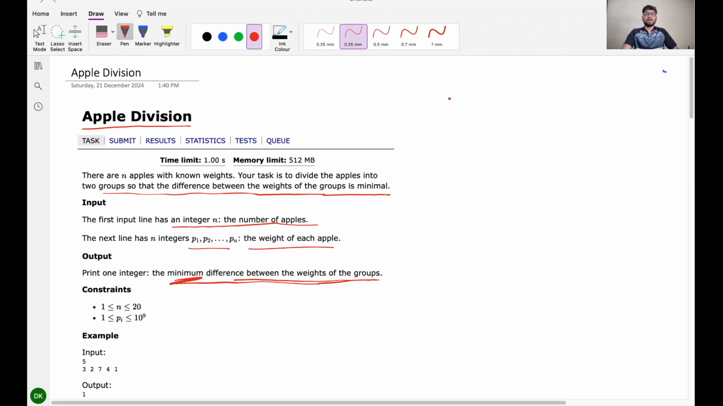Let's say I am taking an example of n equal to 5 and the elements are 3, 2, 7, 4, 1, and the overall sum of these elements is 17. If we can divide the two groups into halves by weight, then we can achieve the minimum difference. So how can we divide? 17 by 2 is 8. If somehow we can select weights in such a manner that the overall sum is near to 8, then what is the